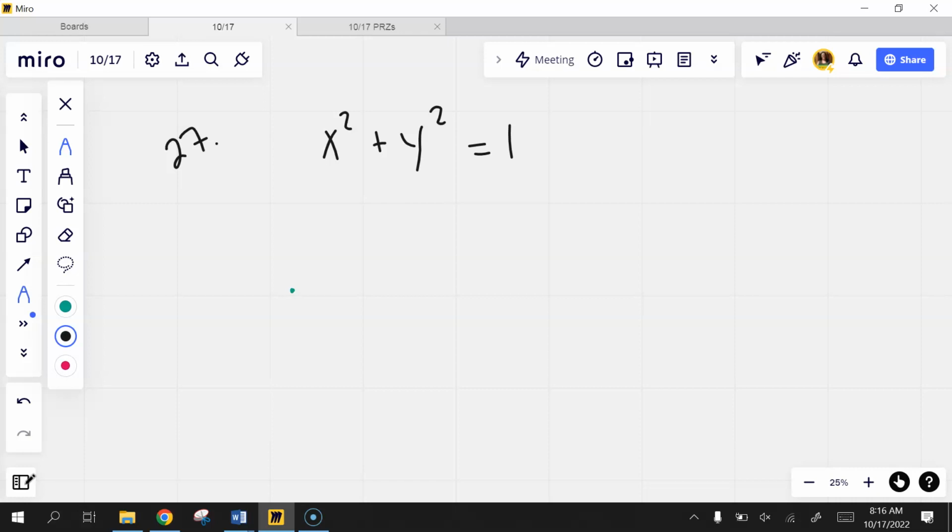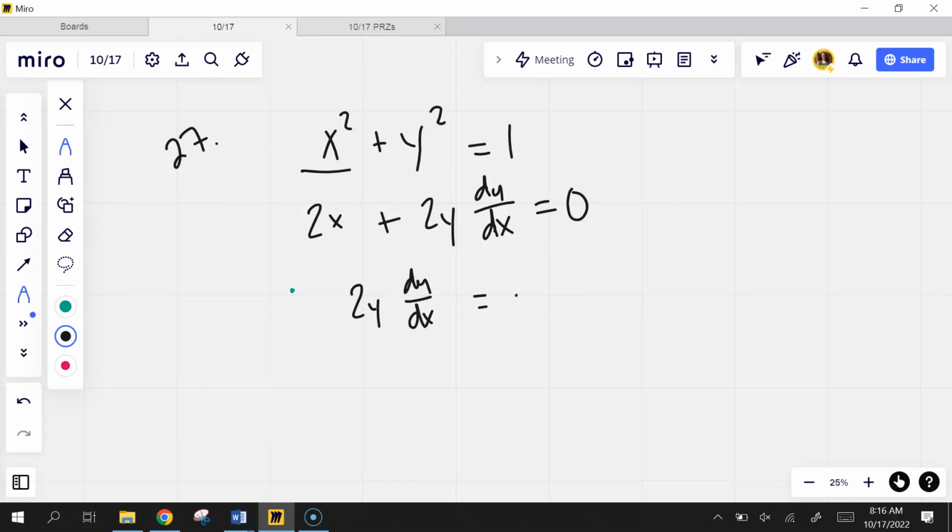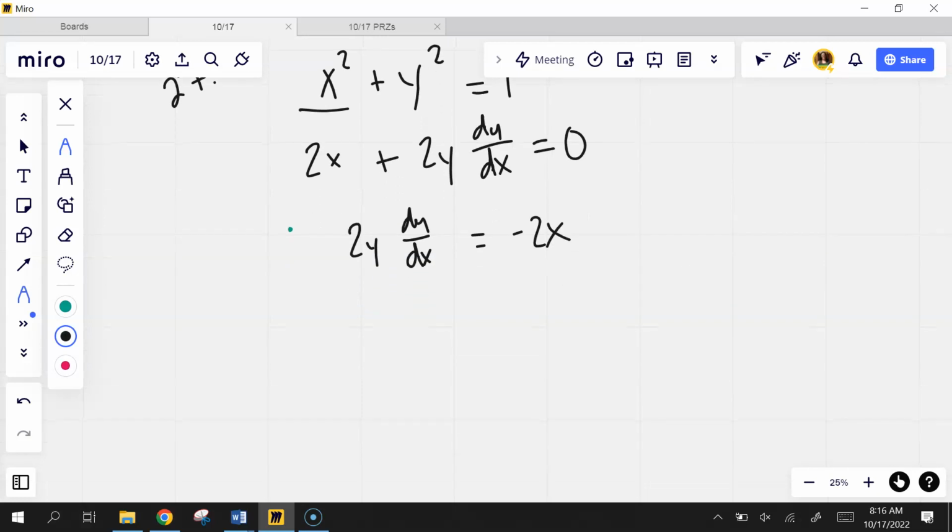All right, so we're going to use implicit differentiation to find the first and second derivative here. So the derivative of x squared, 2x. What's the derivative of y squared? There you go. You got to do the dy/dx since I'm taking it with respect to x. And the derivative of 1 is 0. And so now I solve for dy/dx. So I get 2y dy/dx equals negative 2x. And then, of course, divide by 2y. So dy/dx is